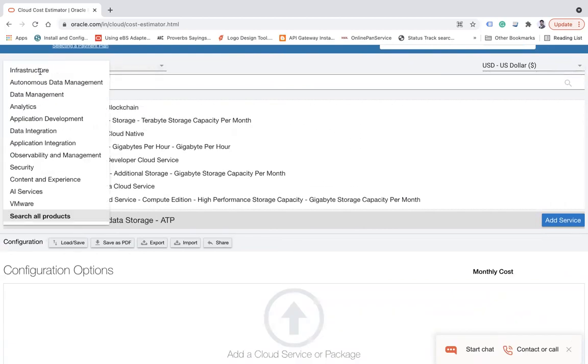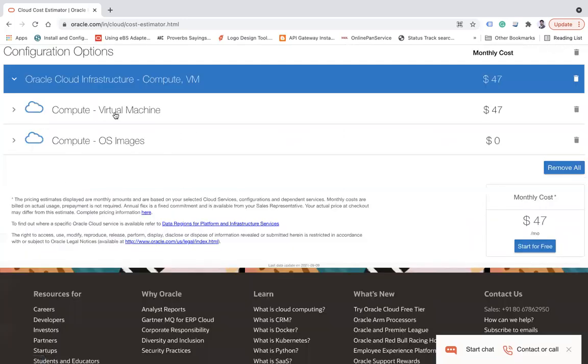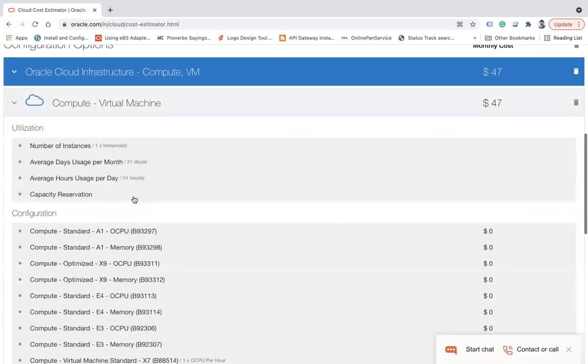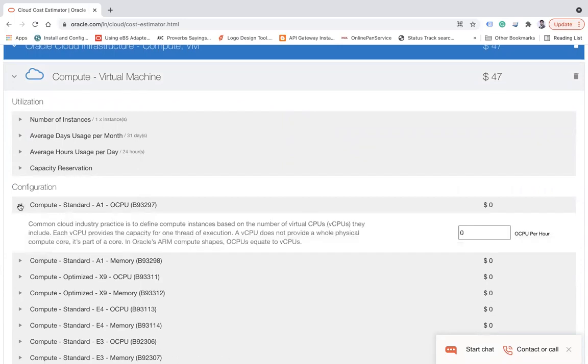Let's say infrastructure. Under infrastructure, you have different kind of compute instances. Let's say virtual machine. And then you see virtual machine as well as the OS image. And here you can choose your image or OCPU, let's say one OCPU, $47.